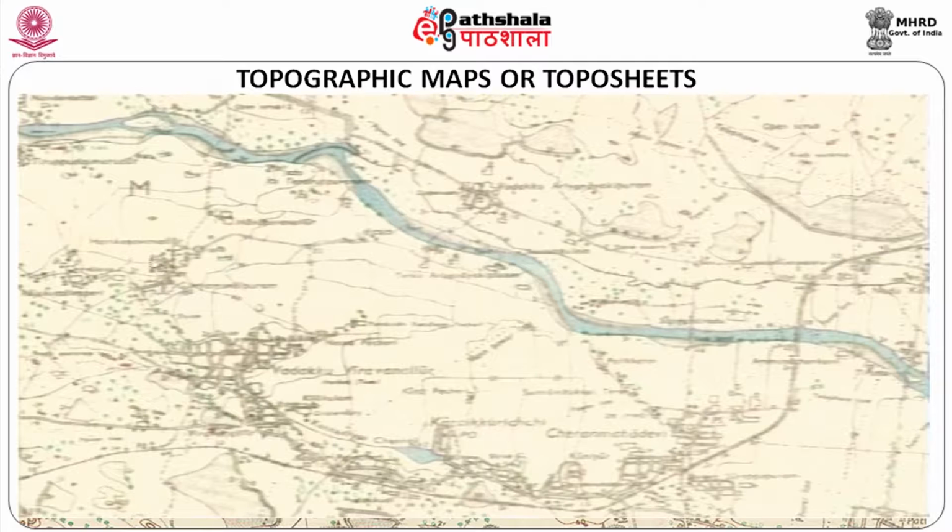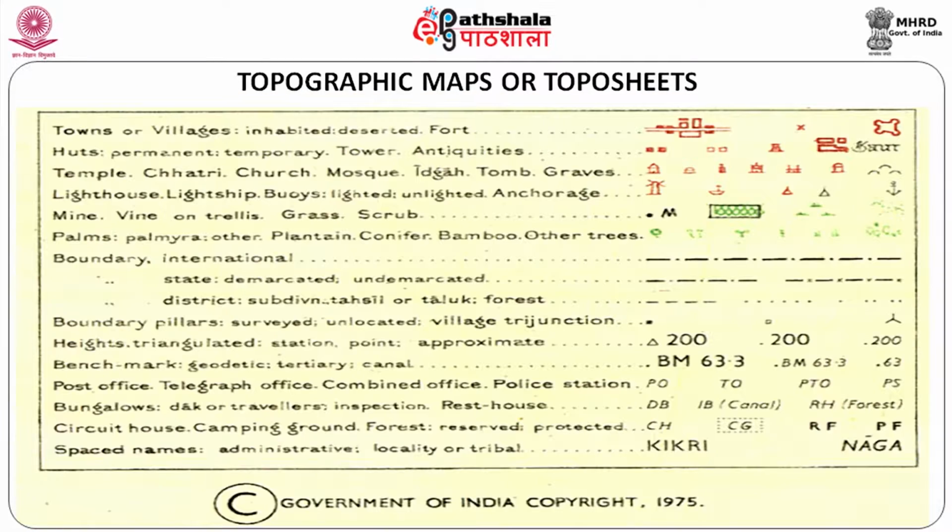You can see here another small habitation here and there. So they are not representing any exact location, I mean exact size, just a representation. Everything like huts can be represented in this manner. Temples, churches, lighthouse, all these things are there. Of course, when you start looking into that, you will get a better idea.